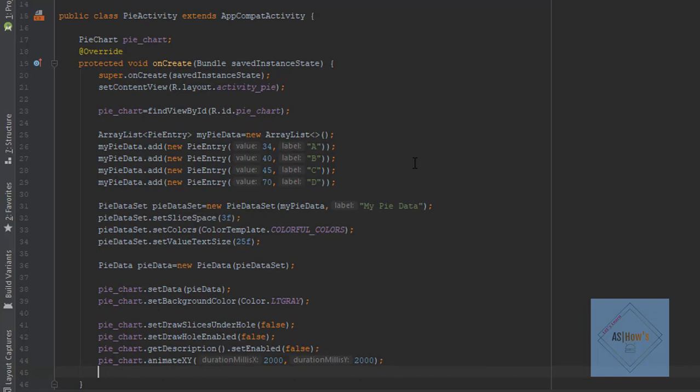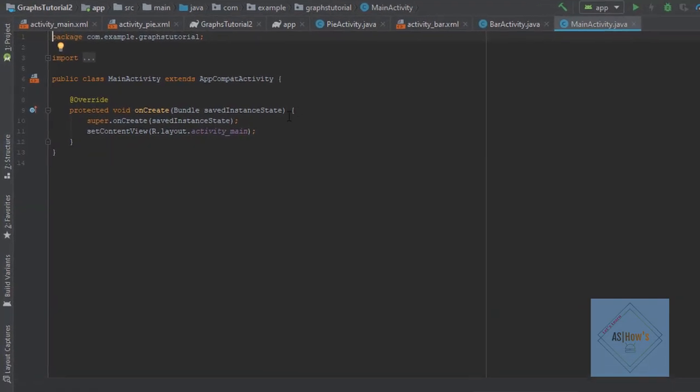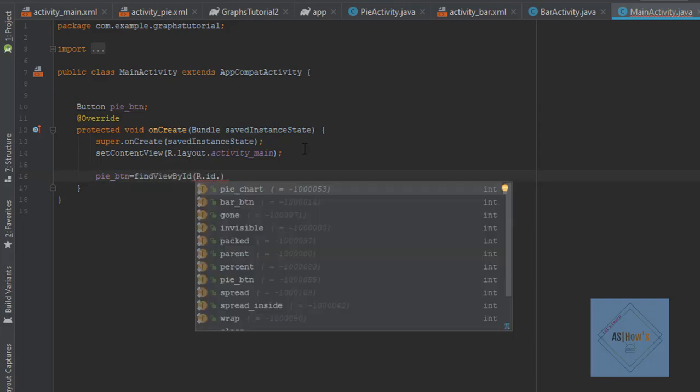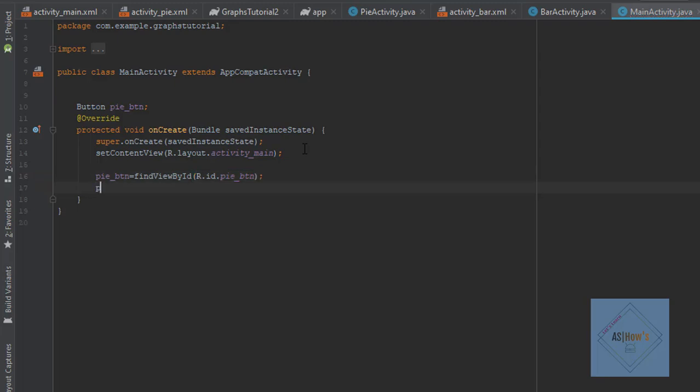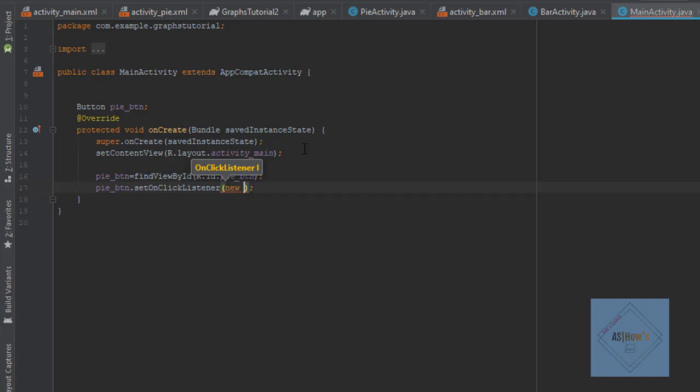So that's it for PieActivity.java. Now we have to link our main activity to this pie activity. For that purpose I will write here Button, and I will write here pie_button. Next in onCreate I will write pie_button is equal to findViewById R.id.pie_button. Next I will write pie_button.setOnClickListener new View.OnClickListener, and inside